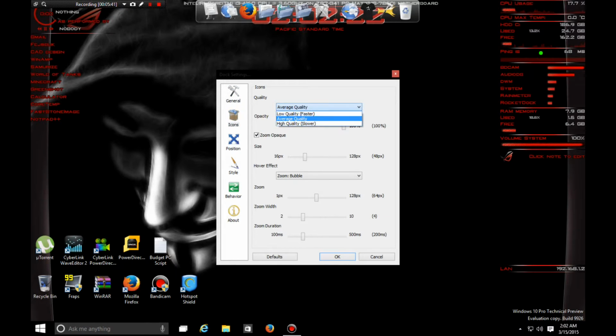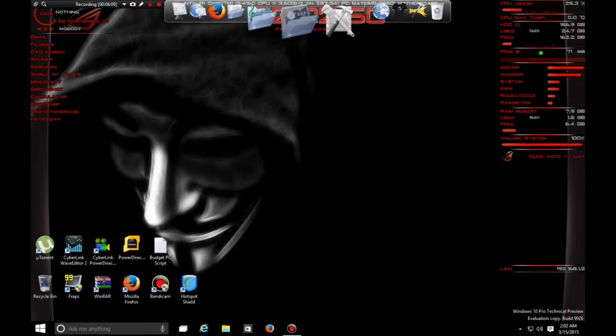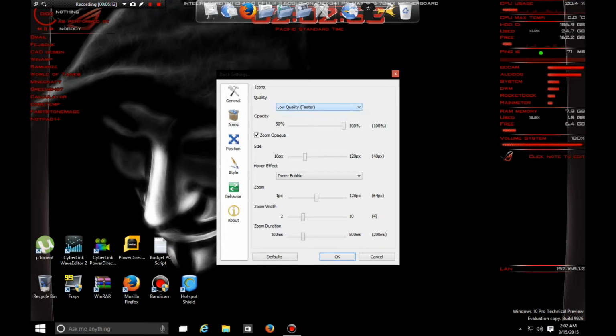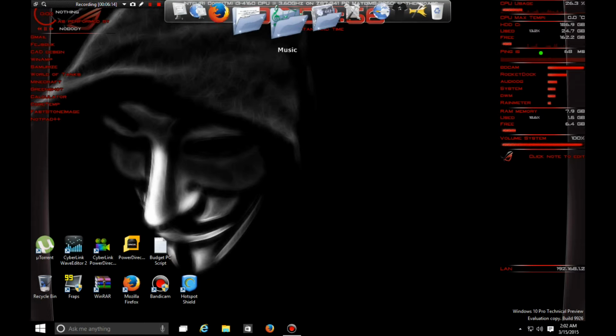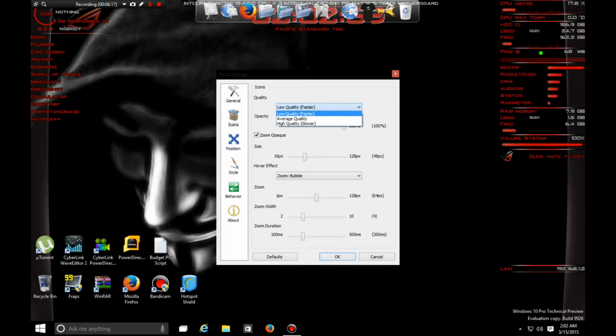There's the icon tab, and you can choose the quality you want yours to be at. Technically, if you wanted to run high quality, I would recommend having an okay-ish processor, one that's at least clocked to like 2.5 gigahertz or above. But that's my opinion. My processor is 3.6 gigahertz, but high quality is just slower, but it looks a lot better. And low quality is a lot faster, but that's good. So yeah, I'm just gonna try to find out high quality, then